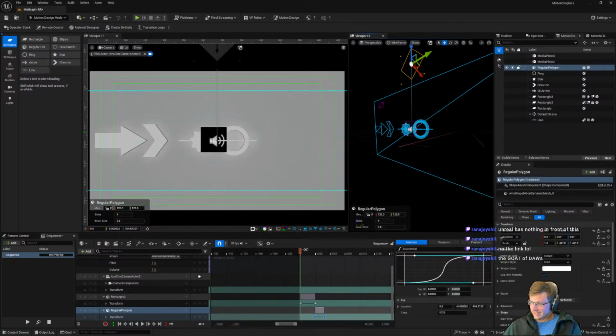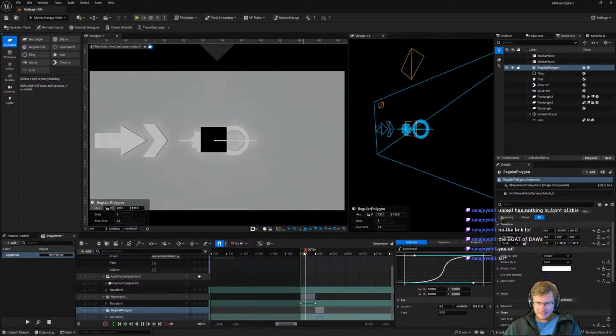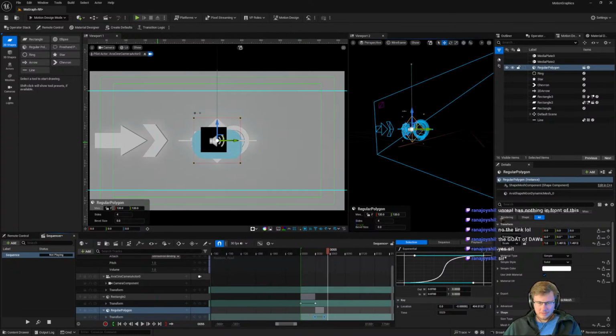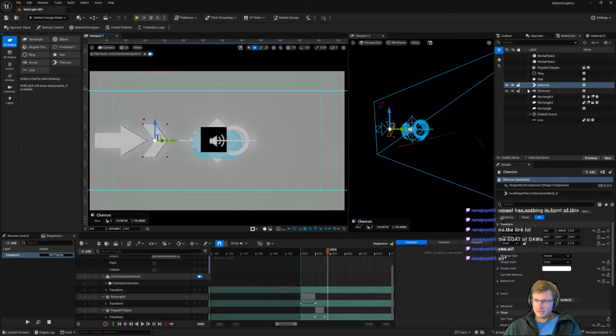Yeah, that's Mario Paint, right? Yes, Mario Paint. That's the best DAW of all time. That's a good one.